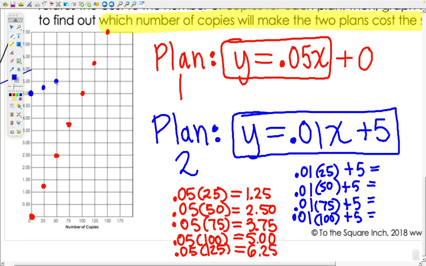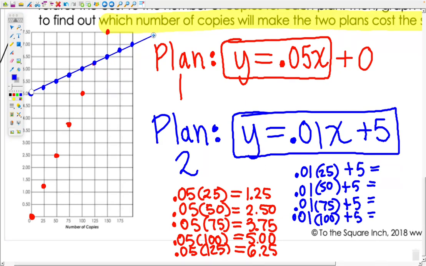The next one puts me at $5.50. And then $5.75, $6, $6.25. I can keep going with this. Where am I getting the numbers from? You notice every one of these is just taking me up 25 cents. So from 5 to 5.25, 5.50, 5.75, 6. Let me draw my lines here. So they cost the same as 6. Yep, they will cost the same at